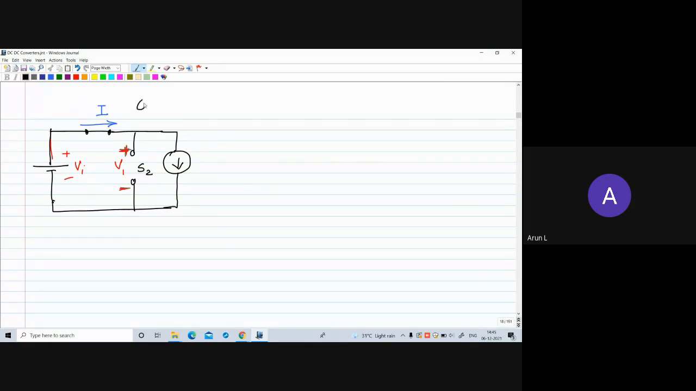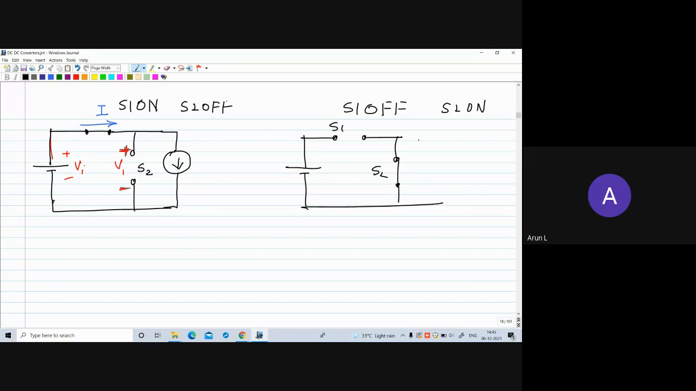And when this is during on condition, then during off condition of S1, here S1 on and S2 off, during S1 off and S2 on, what is the scenario? When S1 is off, this path is open, here S2 is closed. And now